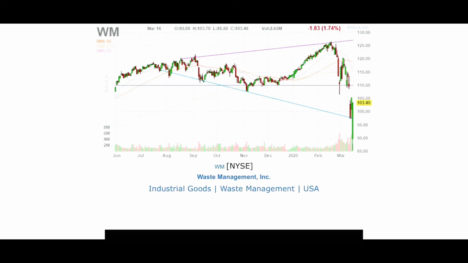Does anybody think that Waste Management is gonna go out of business because there's a coronavirus? Of course not. We still need trash and other items picked up. So this stock technically is getting beat up unfairly for no reason, just due to it being in an index fund, and people are panic selling. So this may actually be a really good buy for certain people, given whatever portfolio you're managing, because it's a stock that's best of breed, or one of the best of breeds, and it's unfairly getting punished just because the stock market is getting sold off by everybody. So there's many opportunities. This is just one.